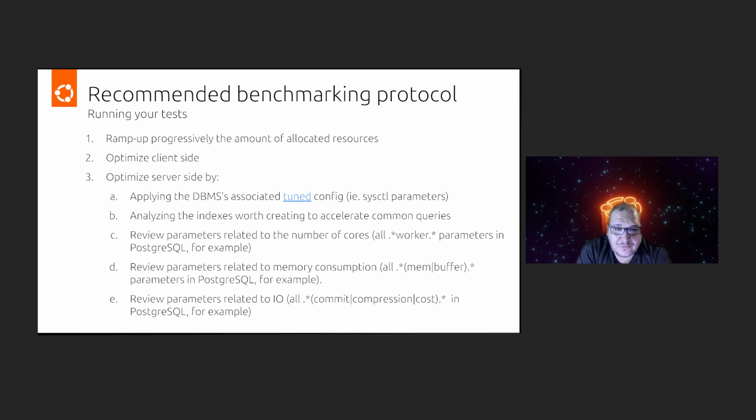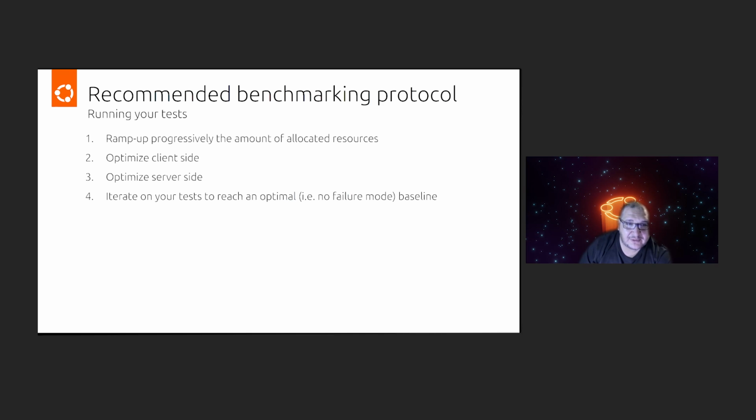Then the next step would be to review the parameters related to the number of cores. Here, if we take Postgres, it would be all the worker parameters in Postgres. Then you review the parameters related to memory consumption, like all the parameters containing mem, and buffer. And then you look at all the parameters related to I/O, and there are a lot of them. Here I'm mentioning the most important ones, that would contain commit, compression, and cost. And after doing all that,